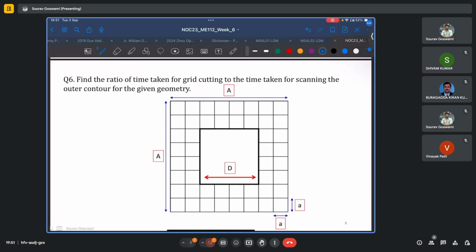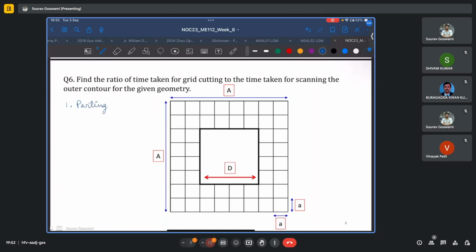Now, question 6 is a numerical example similar to one that was covered in the lectures. We have to find the ratio of time taken for grid cutting to the time taken for scanning the outer contour for the given geometry. And this will give us some idea of the time scales needed for the actual contour cutting operation, which is the main build operation, and the grid cutting, which is in fact an operation which removes the undesirable material. And as we remember, there were many cuts, and in a particular sequence, they may be number one,